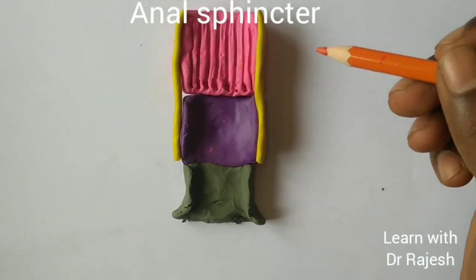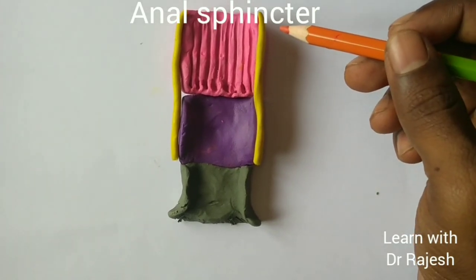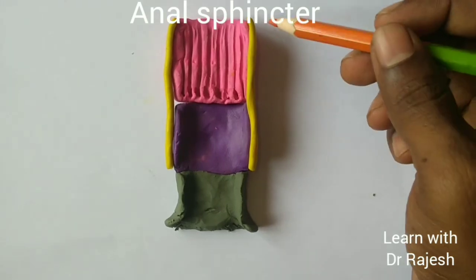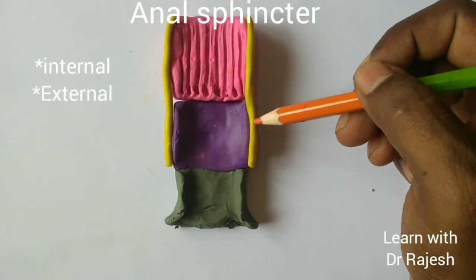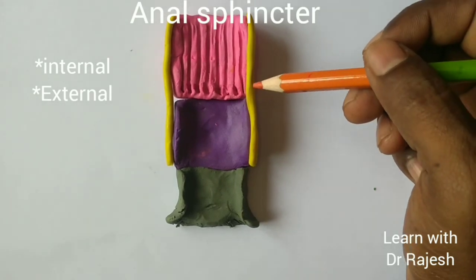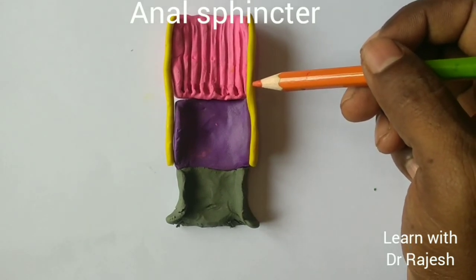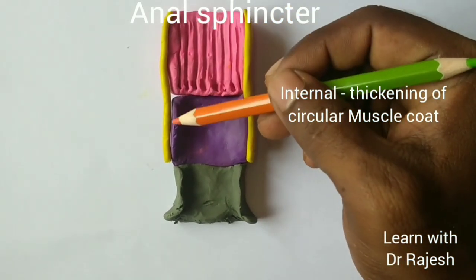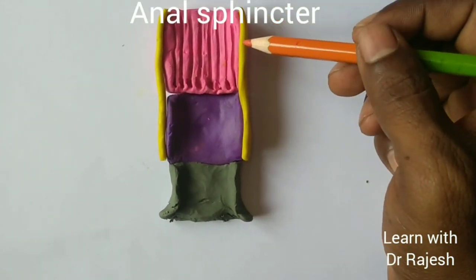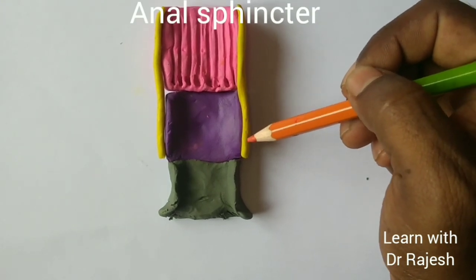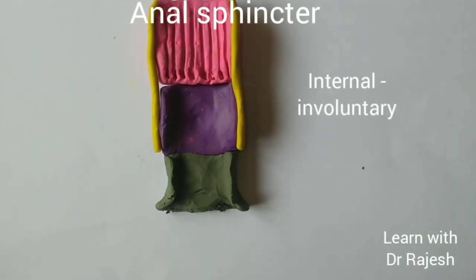Next, let's study the anal sphincters. There are two sets of anal sphincters in the anal canal: one is the internal anal sphincter and the other is the external anal sphincter. The internal anal sphincter is nothing but the thickening of the circular muscle coat of the anal canal itself. The circular muscle coat of the anal canal gets thickened to form the internal anal sphincter,